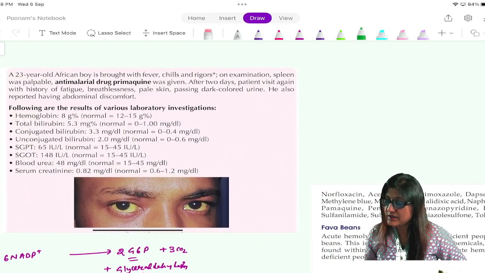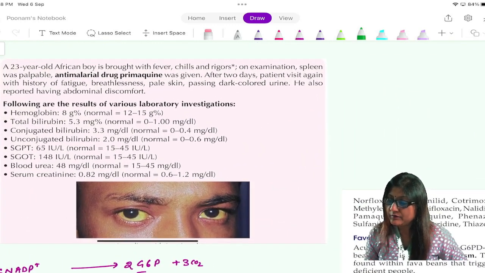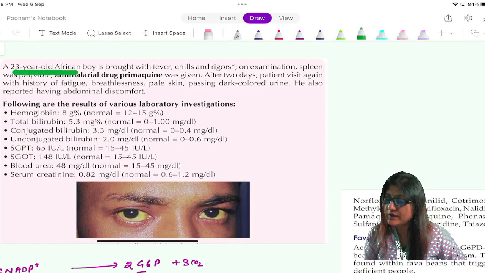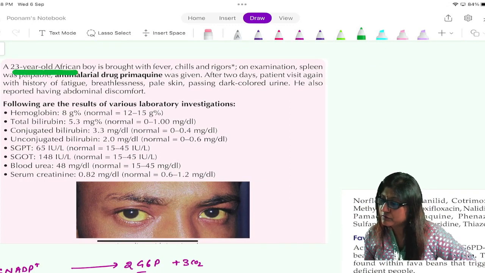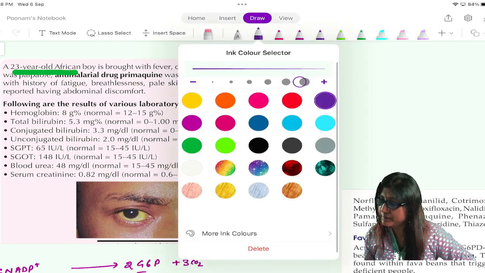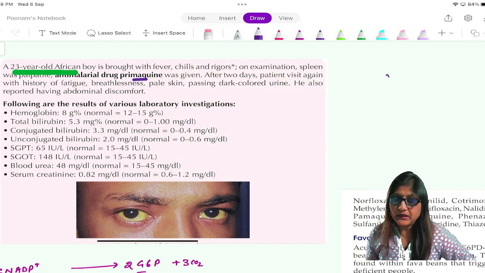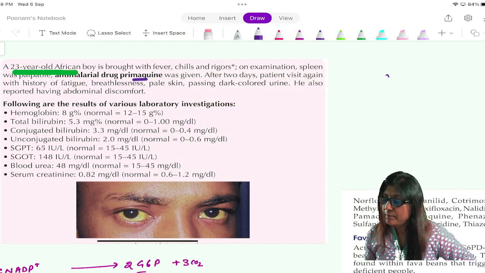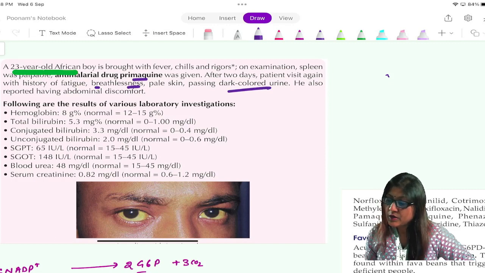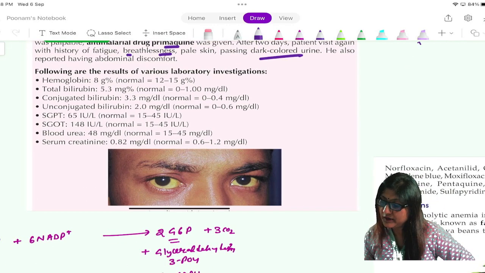So one such case I have brought here, like a 23-year-old African boy is coming with a fever, chills and rigor. So malaria was diagnosed and patient was prescribed Primaquine. On taking Primaquine, patient's fever was gone, like malaria was treated, but after a few days patient presented with signs and symptoms of hemolytic jaundice, fatigue, breathlessness, pale skin, dark colored urine,